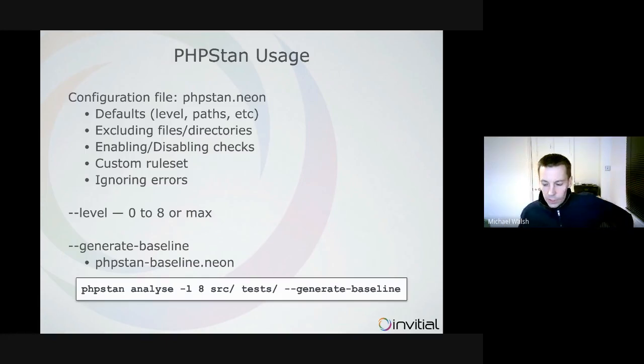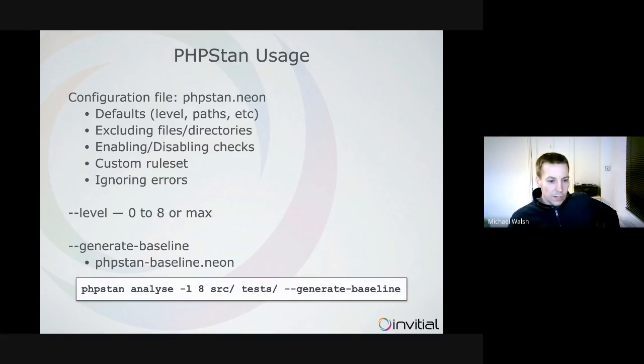Now, when you've got a code base that you haven't run PHPStan on before, you'll probably find the first time you run it, if you run it with, I don't know, level 5, probably any level, in fact, or at least the higher levels, you're going to find that it just dumps a ton of issues on your screen. And if it's a mature project, you kind of want to draw a line in the sand and say, all right, this is too much stuff to fix. Maybe we can look at fixing it over time. But for now, we're going to create a baseline. So all of these errors that you've noticed,